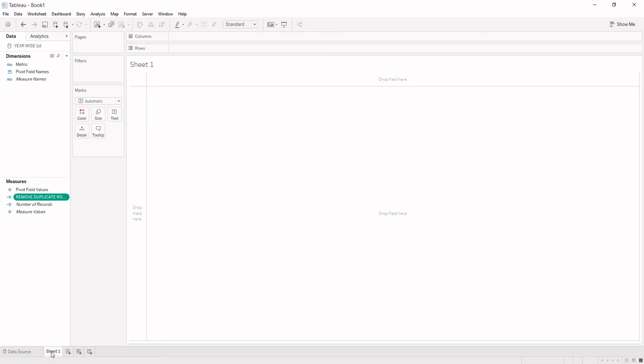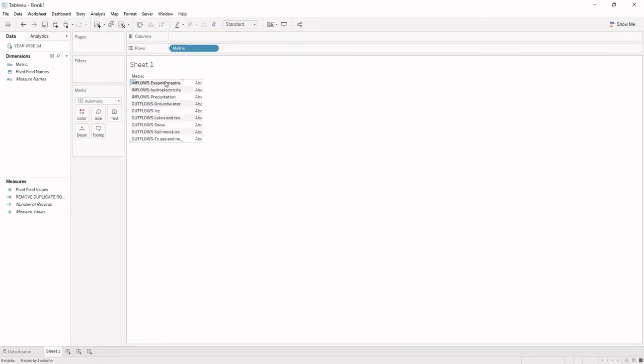That is, my duplicate rows would not come up during visualization. And I'll show you how. See this, we have a metric which tells us what type of values we are working over, that is inflows, evaporation, and outflows. Some of the values mentioned here are ice, snow, lakes, like this. And similarly, I have pivot field values and remove duplicate rows.